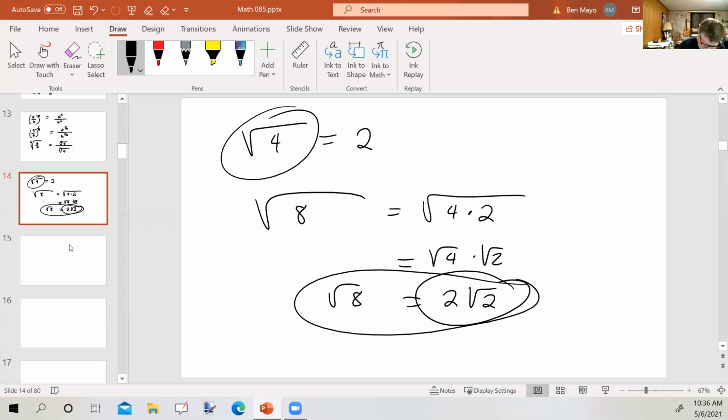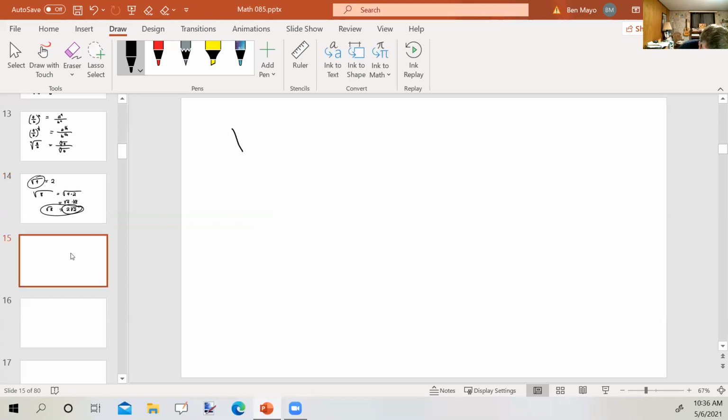So for instance, let's take the following problem. The square root of 28. I want to break down the radicand inside so that I have perfect square factors and leftovers. Now, 28 is 4 times 7. 4 is a perfect square. 7 doesn't break down any further, so I could rewrite the square root of 28 as the square root of